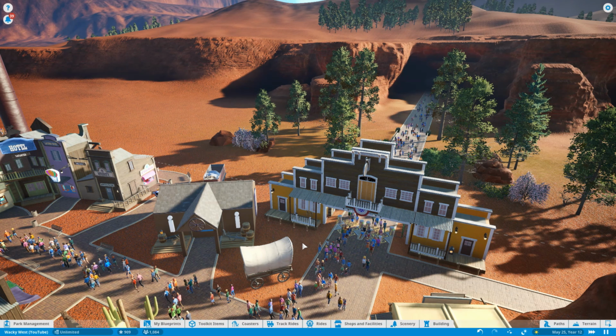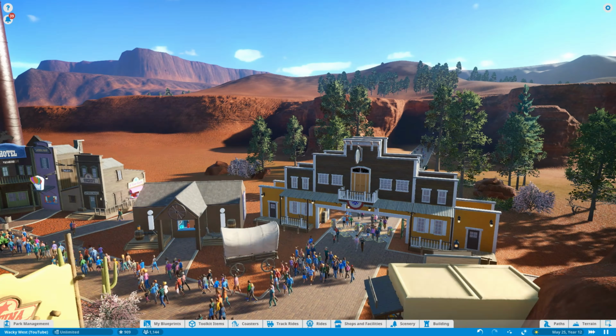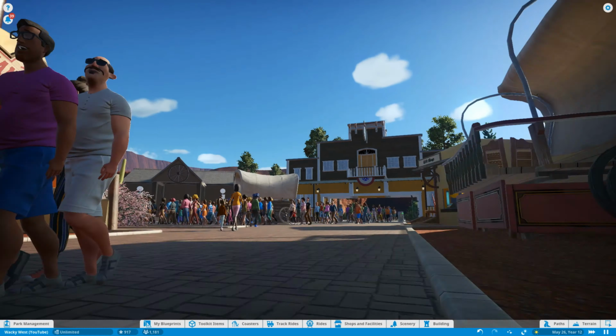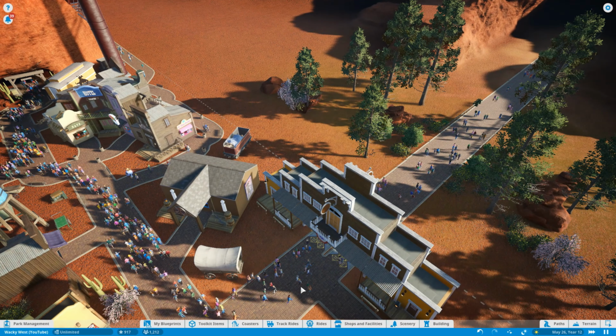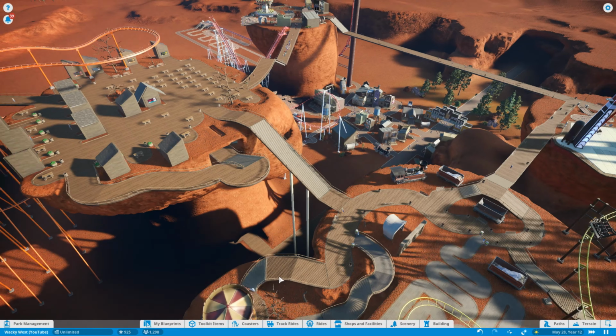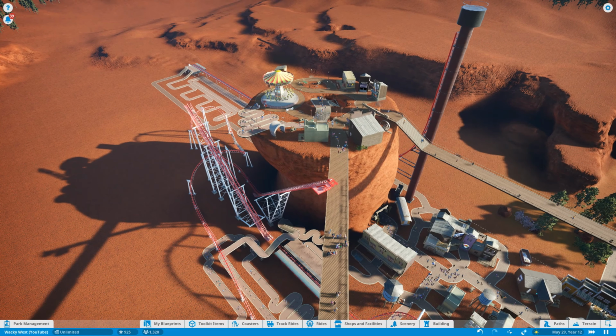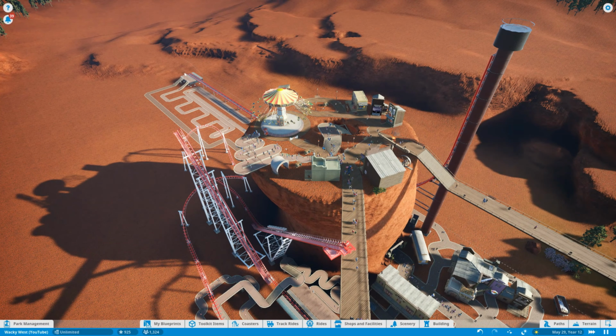Alrighty guys, it's been a few minutes, or actually not that long, but there's over 1,000 people in this park, and it's still going pretty strong. Oh my gosh, look how crowded the paths are. But a lot of people are actually coming back here to that other... No, actually there's no one going back to that staircase. They're all just using that. I don't know if they realize that's a shortcut or not. Maybe it isn't. But